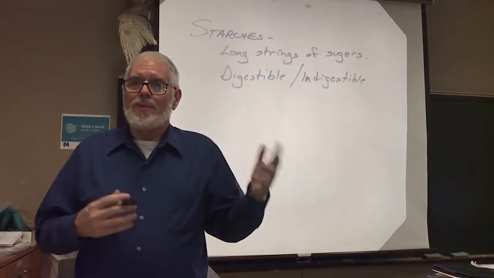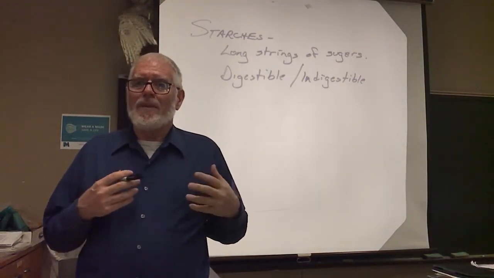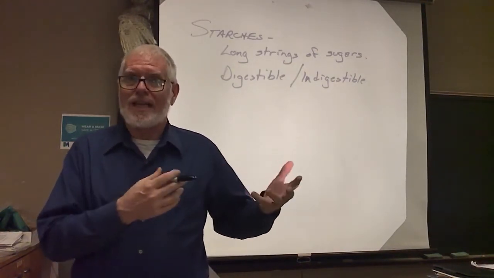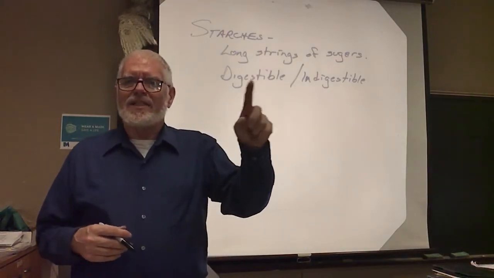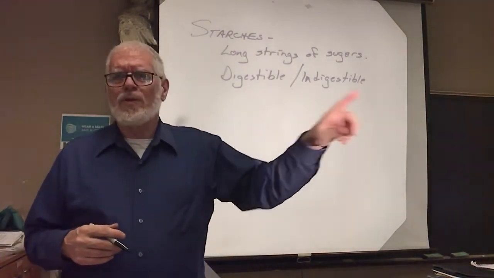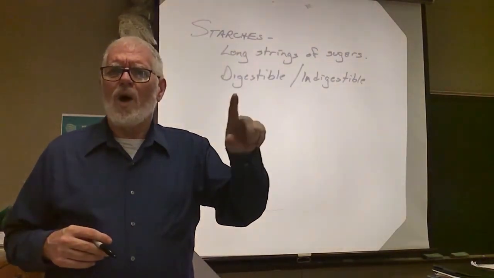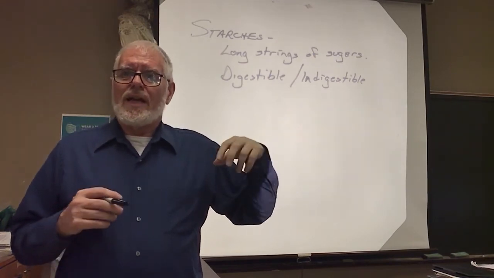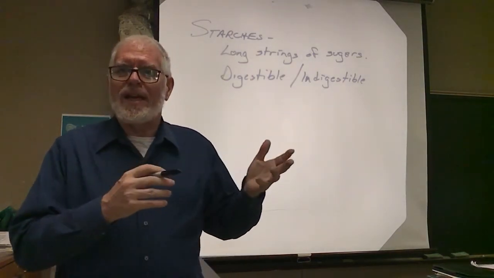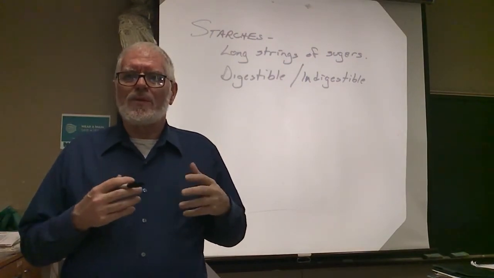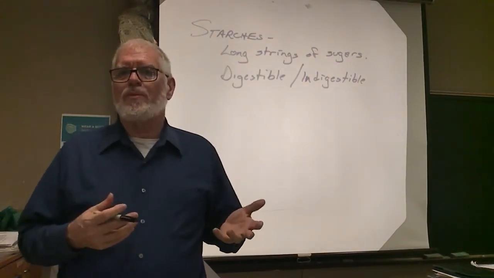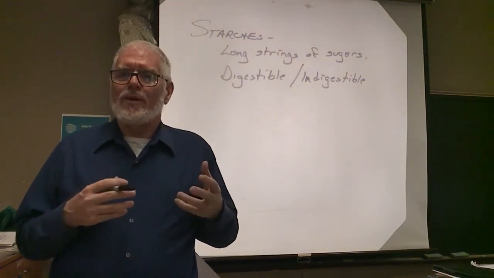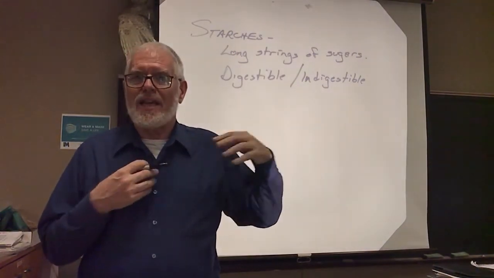Plants, potatoes, make a starch that we can break down and get the sugars out of. That's why starches are very high calorie. There's lots of sugars in there once you break them down. Digestible starches and fiber are both made by the plants. Why? Well, this one's easy. That fiber is what's holding the plant together. It's what's holding the plant up. So the plant doesn't want to make it out of some molecule that's real easy to break down, because that's going to be its form for its entire lifetime. So they will produce starches that are, to us, indigestible.